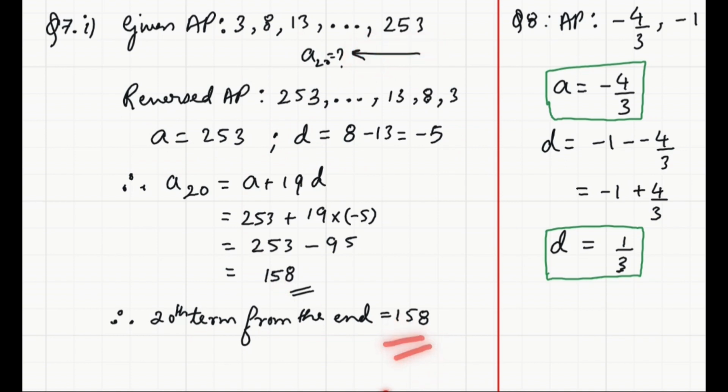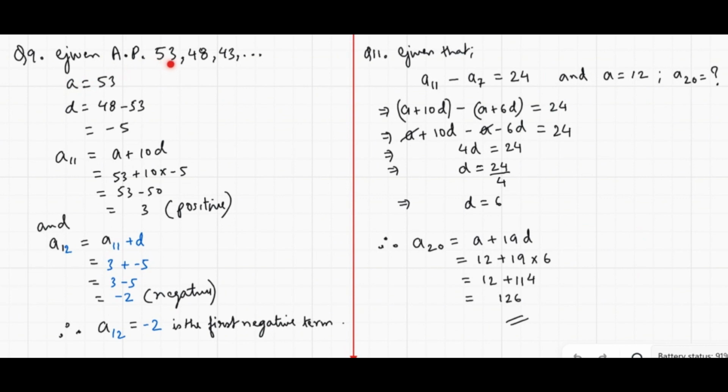158. It says the given AP 53, 48, 43 dot dot dot. We have to find that in this decreasing AP, in which the next term is decreasing, which term will be the first negative term. This is what is asked in the question. Now, the first term A is equal to 53, common difference D is 48 minus 53,